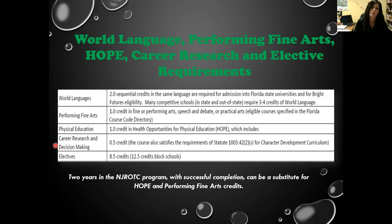And then you have to take a career research and decision-making course. This is only a half credit, or a 1 semester course. And then you see down here at the bottom, you have 8.5 credits of general electives. So these are actually classes you get to pick. That's the fun of high school, is finding classes, maybe something that